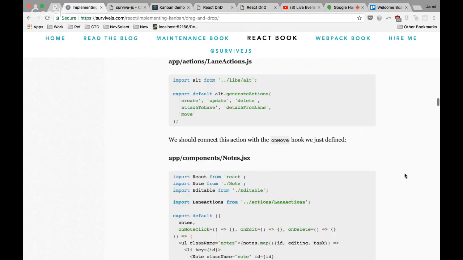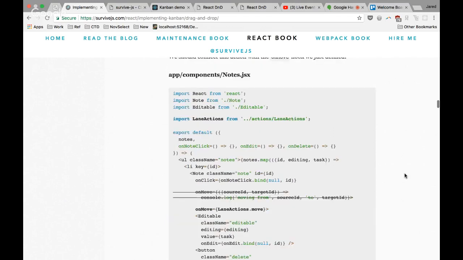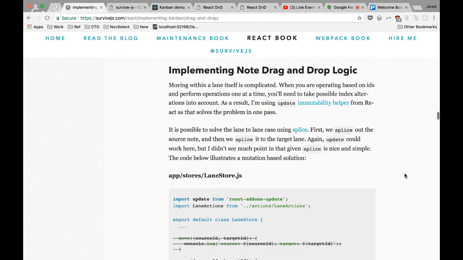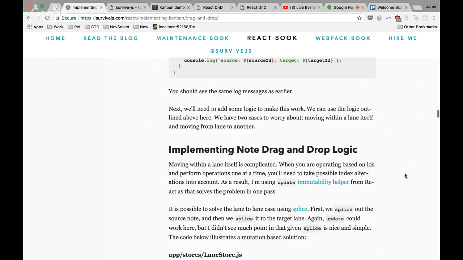But that should all be very routine, and then we'll finish the rest of this, implementing the rest of the drag and drop logic where it's actually going to move stuff around and being able to move our lanes around and stuff in the next